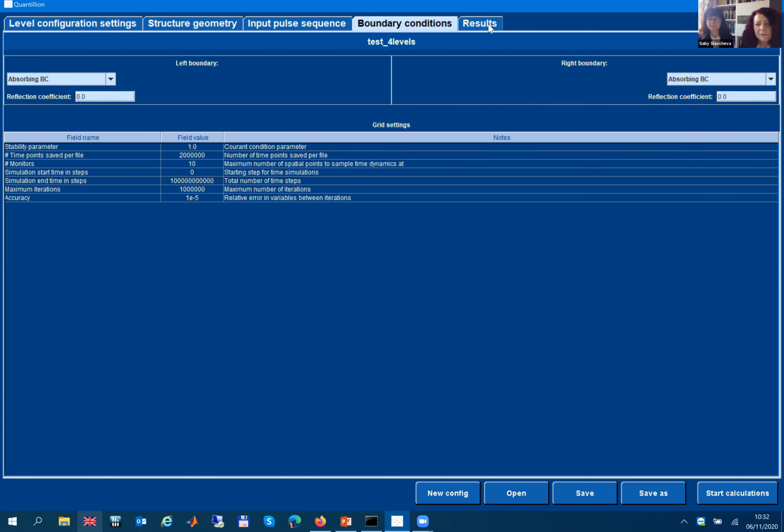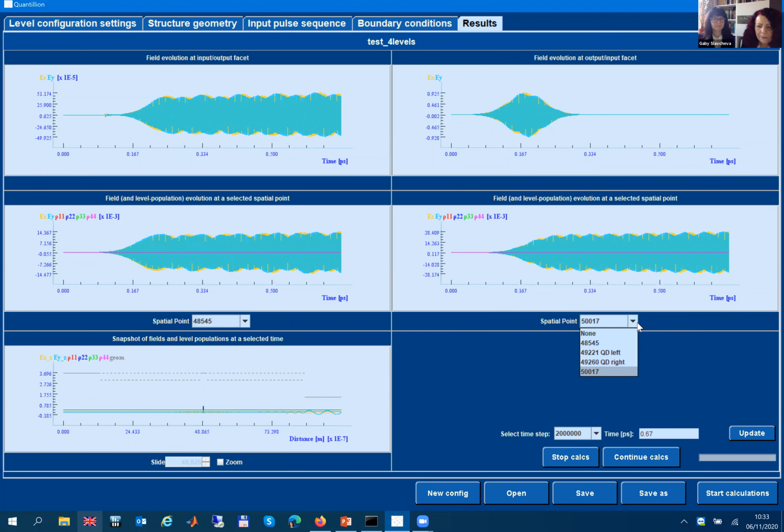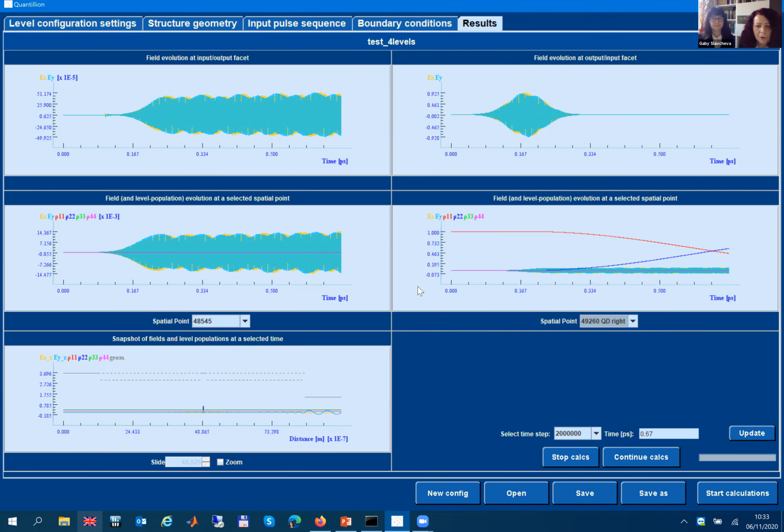And here are the results which are visualized, at the end facet of the structure, which is on the top left panel. On the right facet of the structure, the initial pulse is visualized, or initial pulse sequence is visualized. And then we can choose here from the points that we have set up previously in the cavity, for example, or at the edge of the quantum dot, or at the location of the quantum dot.